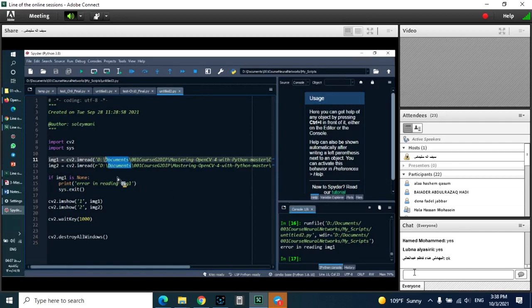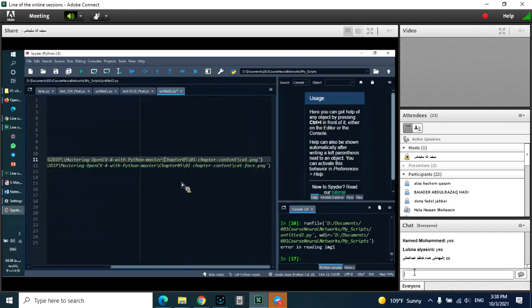What is the reason why it couldn't read? Because for each backslash we should put 2 backslashes. Backslash is a special thing. I mean, between quotations, each 2